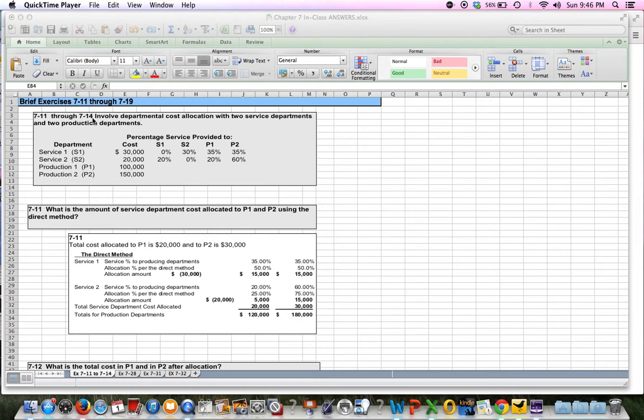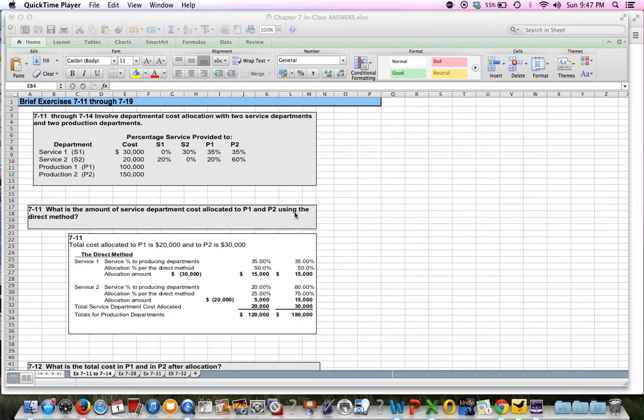For 711 through 714, they involve department cost allocations with 2 service departments and 2 production departments. And you can see that we've got 2 service departments, S1 and S2, the 2 productions, P1 and P2, and then basically what percent of service is provided to the other departments and what the total cost for the department is. And then for 711, the question is, what's the amount of service department cost allocated to P1 and P2